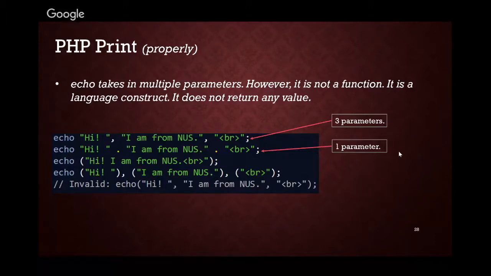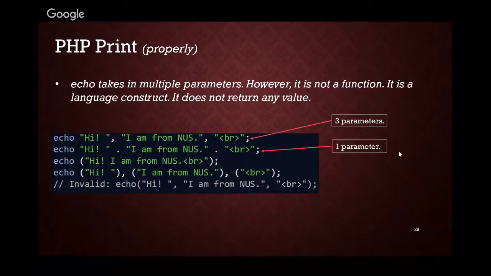Then what about this one? Now this one only has 1 parameter, so it's just equal to this bracket. So it's a bit tricky here. Just now we talked about the first two, one is 3 parameters, the other one 1 parameter, but then